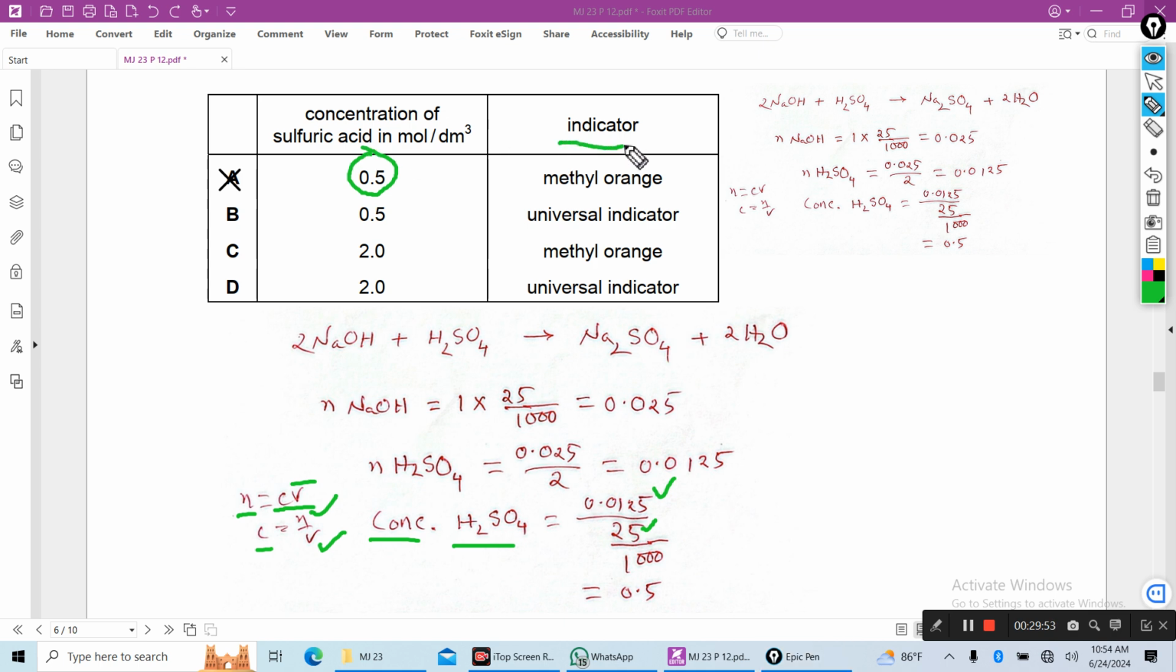For the indicator, you can use any acid-base indicator, methyl orange or phenolphthalein. So here B is also a right answer. The other option, universal indicator, is not suitable, because universal indicator shows different colors at different pH. This is wrong, this is wrong. So A is the right answer. Next,